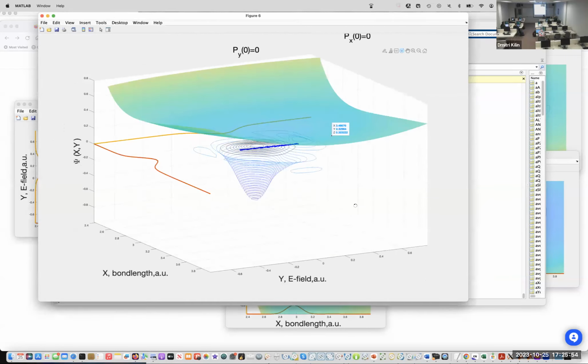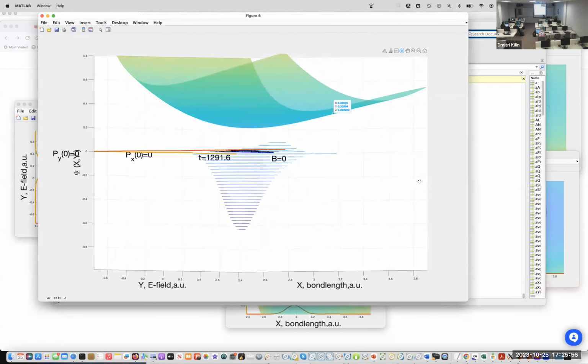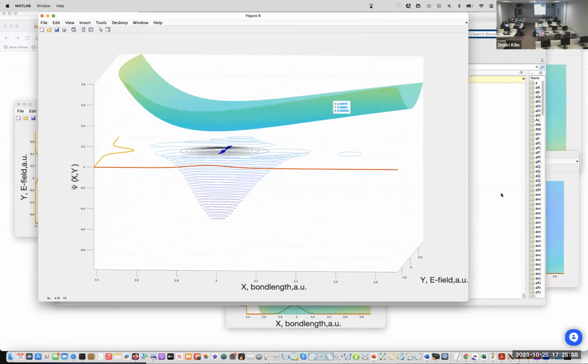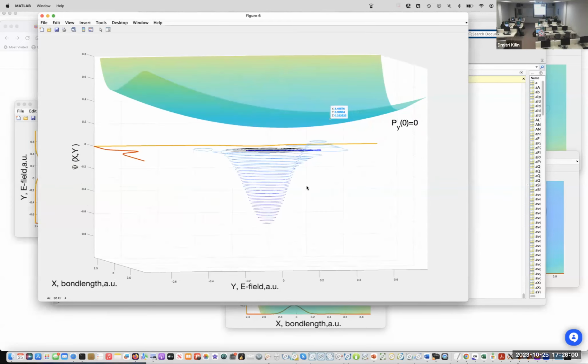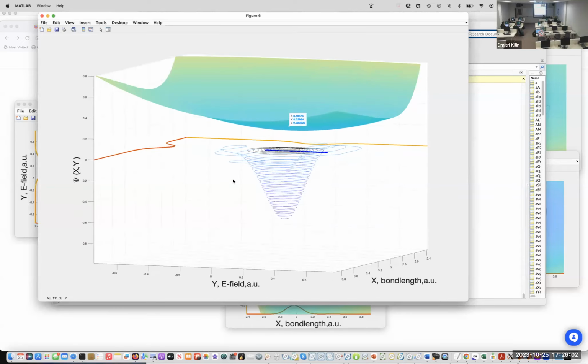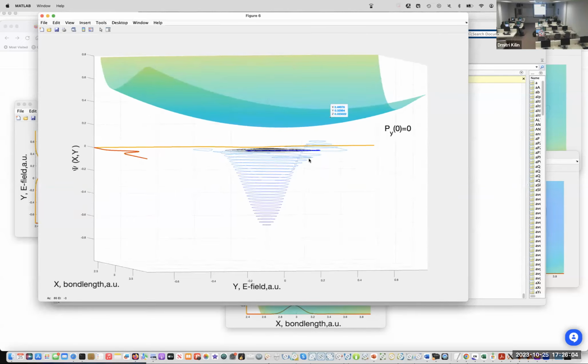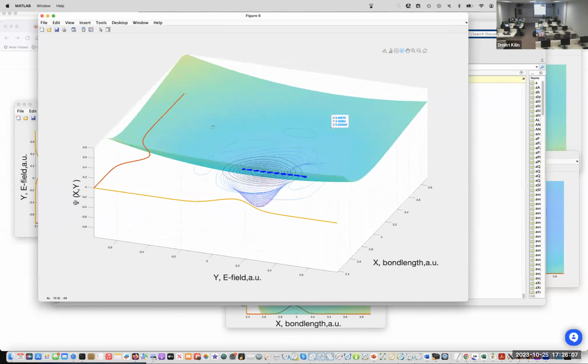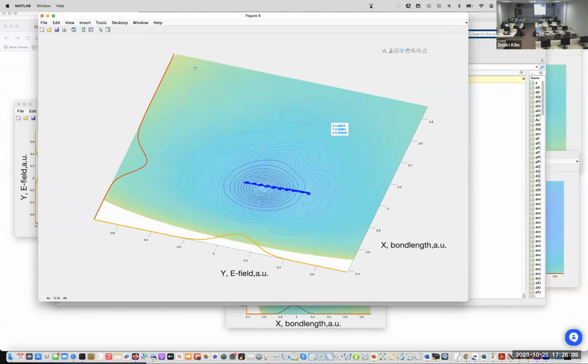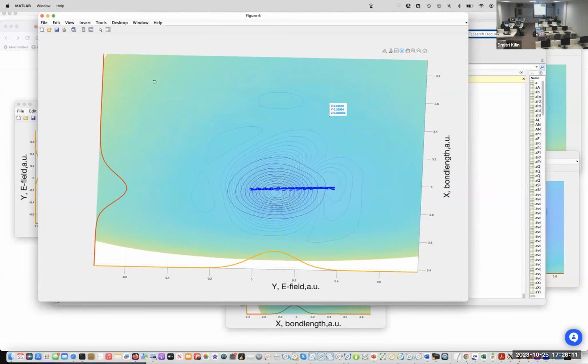It doesn't move anywhere. So it's a potential energy surface with harmonic and Morse in one and the other, and it shows this different representation of wave functions, and then this orange and red stuff are projections of the probability distribution on the axis. Okay, I'm going to close this.